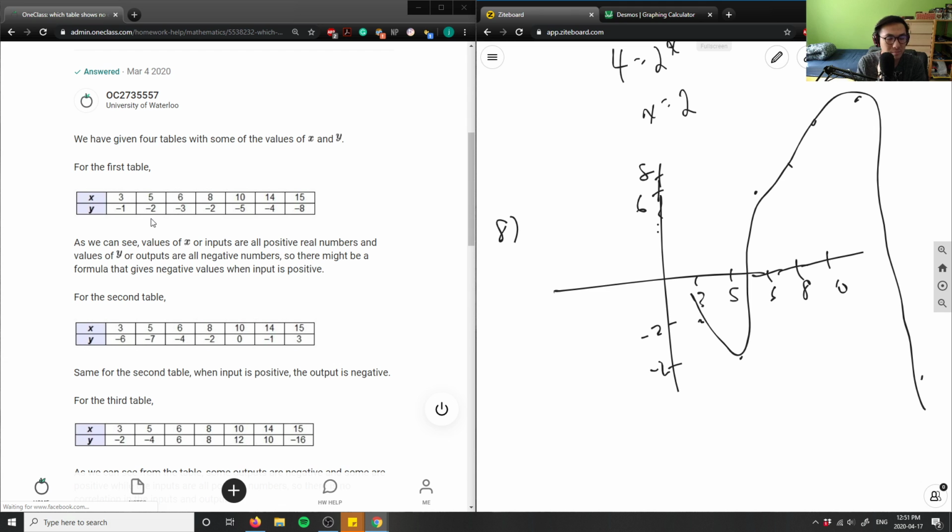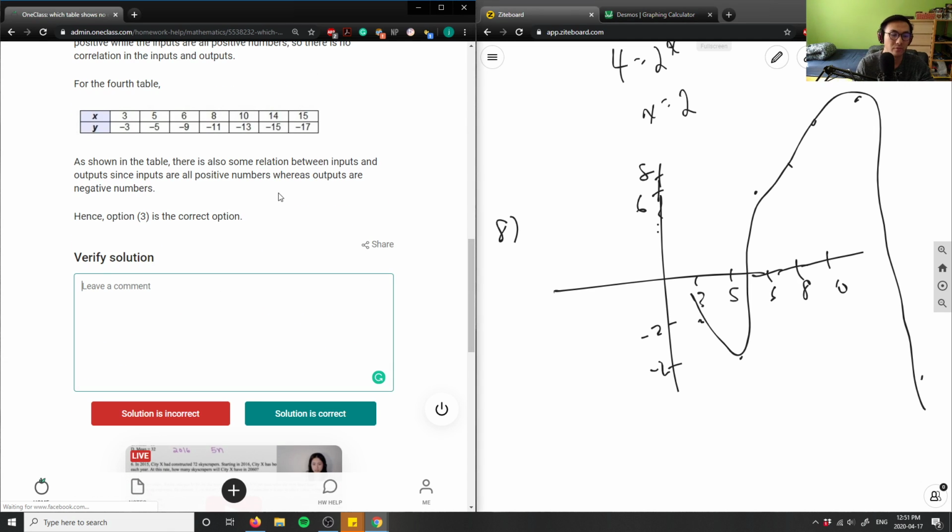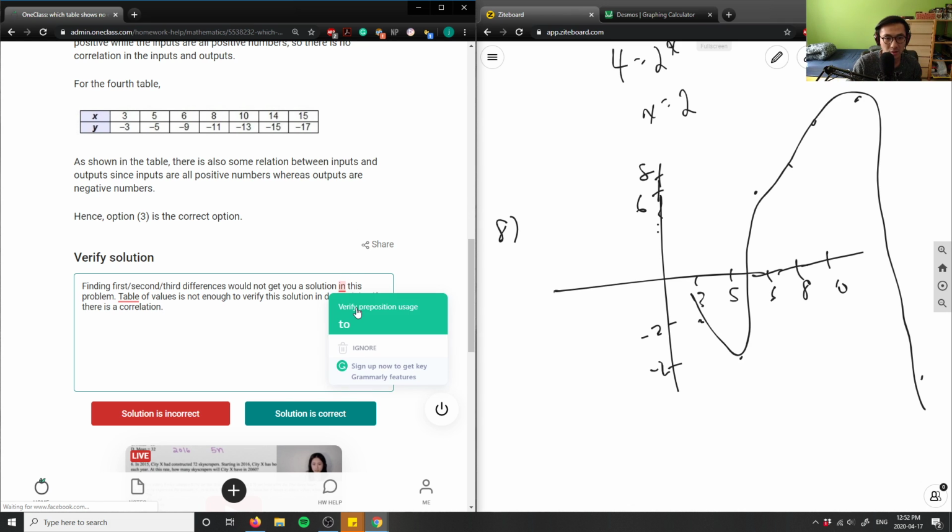So in this case, honestly, you're actually not given enough information. So a table of values, finding first, second, third differences would not get you a solution in this problem. So table of values is not enough. Table of values is not enough to verify this solution in determining if there is a correlation. So basically, I'm saying that there's actually not enough information in this question for me to solve for a